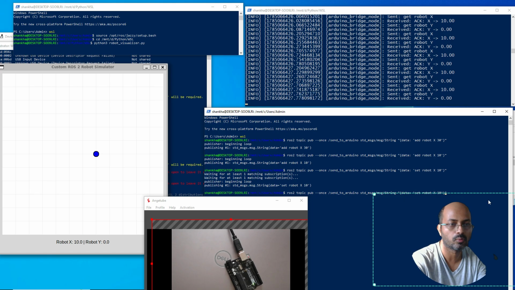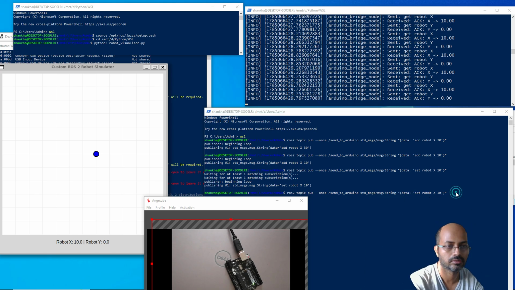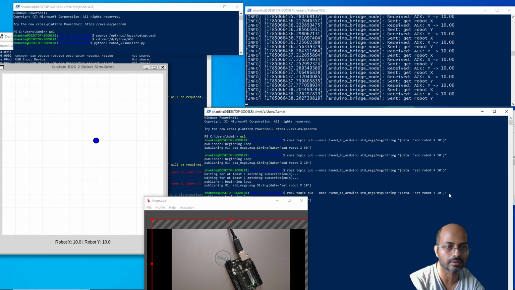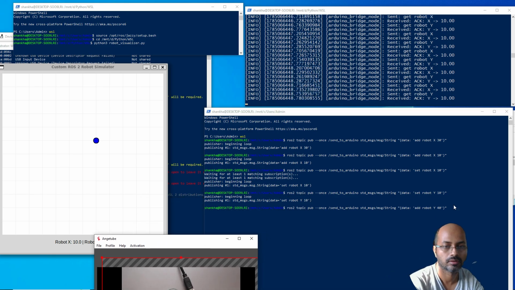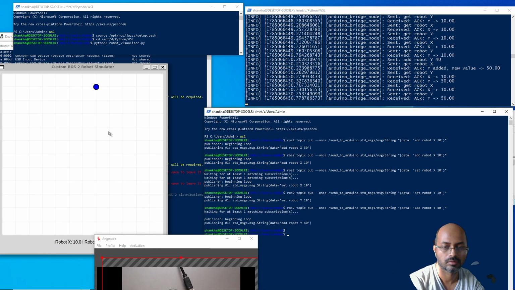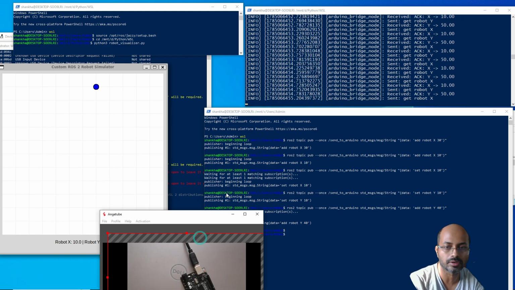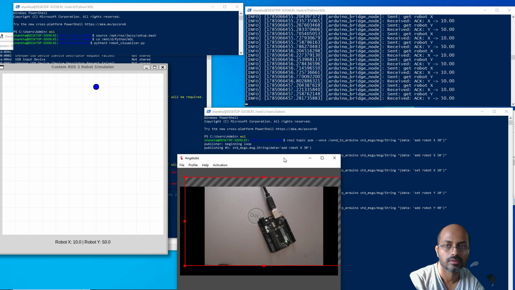Similarly for y location, you can just make it y equal to 10. So now x is 10 and y is 10. So xy 10 10. Now I will just say add y equal to 40, and now see, 40 plus 10 is 50. So 10 50 is the new coordinate, and right now he is there,